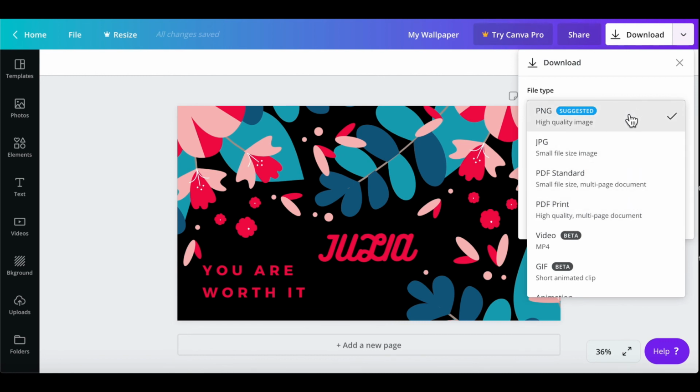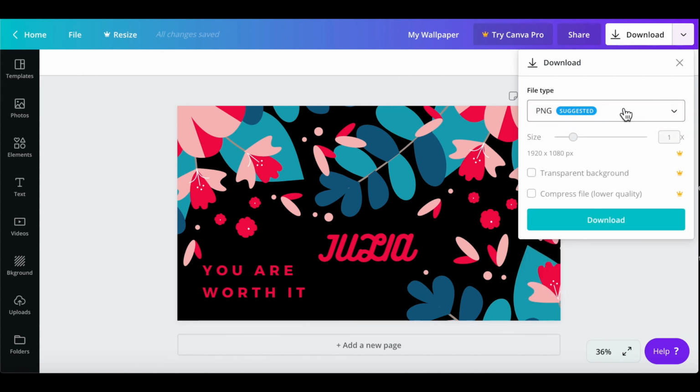And actually what you're going to want for a desktop wallpaper background are the two that say image files, so either PNG or JPEG. And actually PNG is better. It's a little bit higher quality, and that's why it says suggested. So you go ahead and select that, and then you do download,